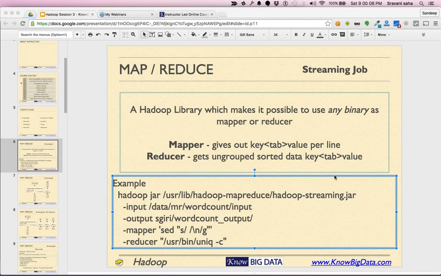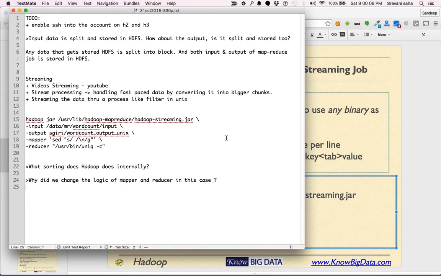Again, Sushant's question is, how is it pertaining to streaming? All right, we are talking about the third use case, not the second use case. The keyword streaming here means streaming your data through any command. That's what Hadoop streaming means.